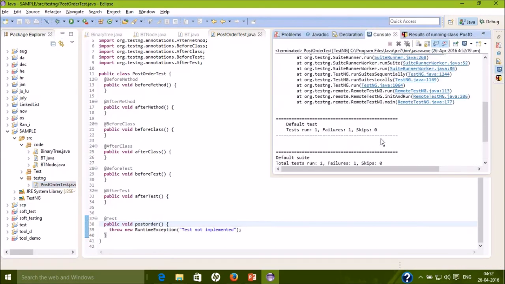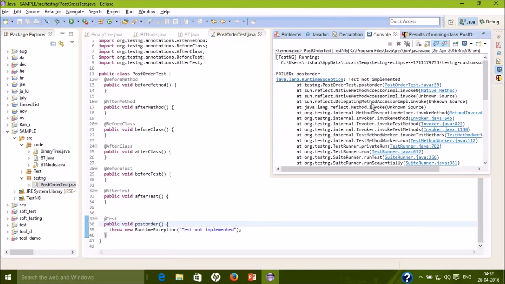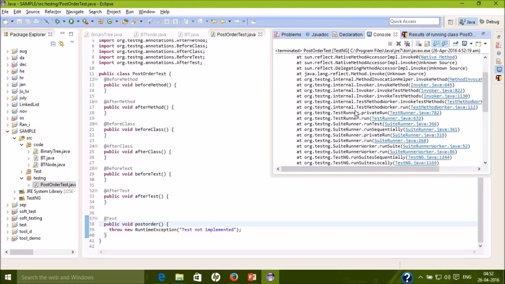And this is the console that pops up, and it tells me all the details of the test case, what has happened when running this test case, and as we can see, this test has failed, and the reason for it is the runtime exception, not implemented, as we have thrown over here.